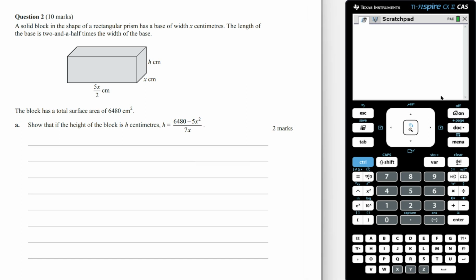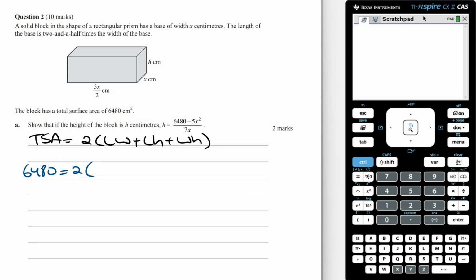Since we know what the total surface area is, we need to use the formula for the total surface area to work out the rule for h. The formula to find the total surface area of a rectangular prism is 2 times its length times its width plus its length times its height plus its width times its height. The total surface area we know is 6480, and so this is going to equal 2 times,